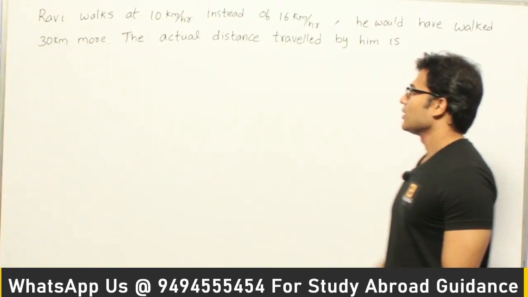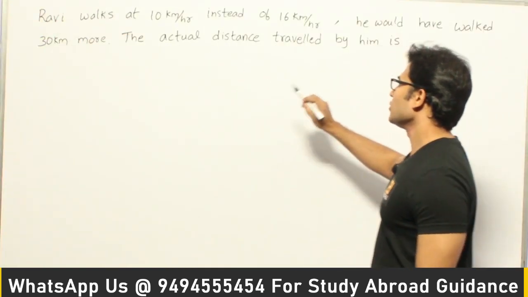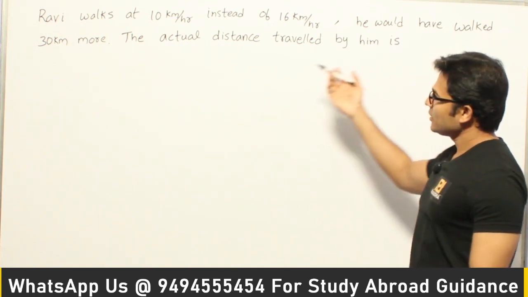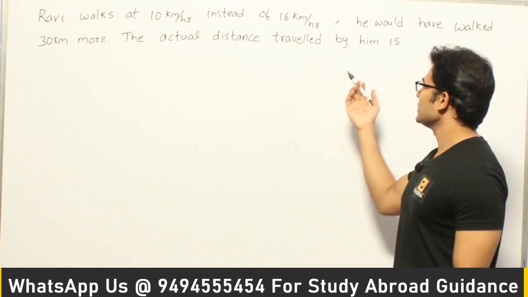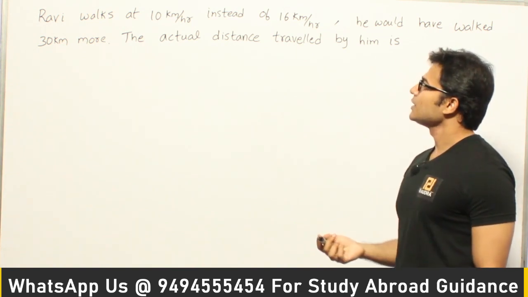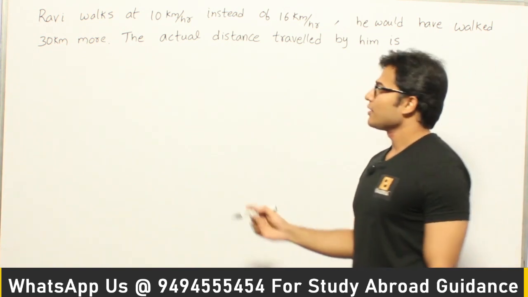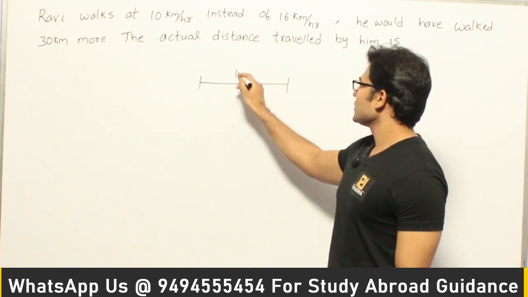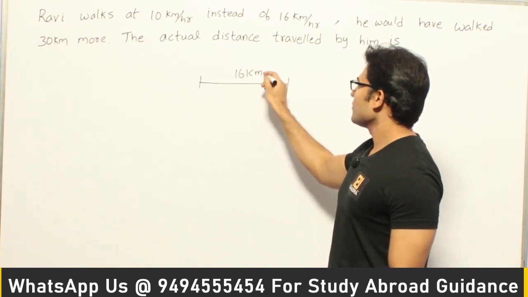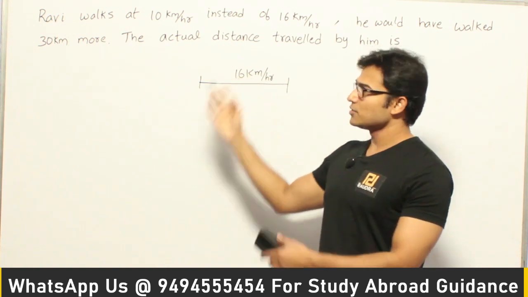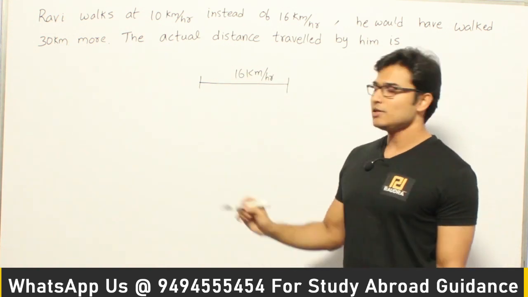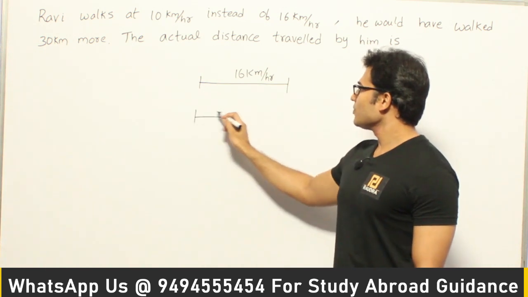Let's see this question. Ravi walks at 10 kilometers per hour instead of 16 kilometers per hour. He would have walked 30 kilometers more. The actual distance traveled by him is? Now he is saying that Ravi would have walked at 16 kilometers per hour, right? But this is what he is capable of. But instead of walking at 16 kilometers per hour, he now walked at only 10 kilometers per hour,